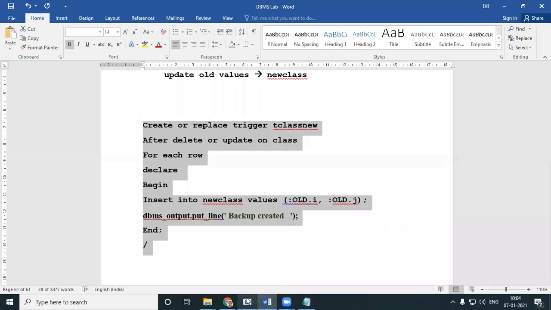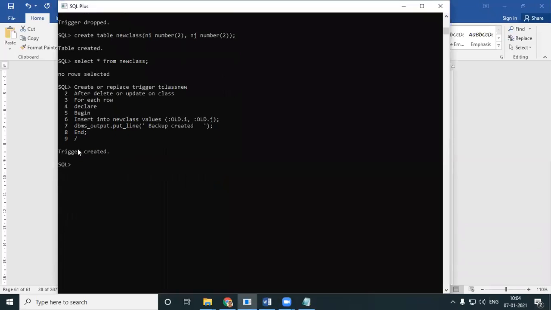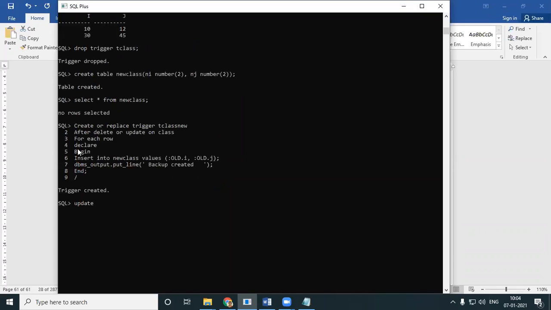Okay, that trigger is now created. Now let me update. Update class set I is equal to 40 where J is equal to 45. This 30 is going to move to 40.